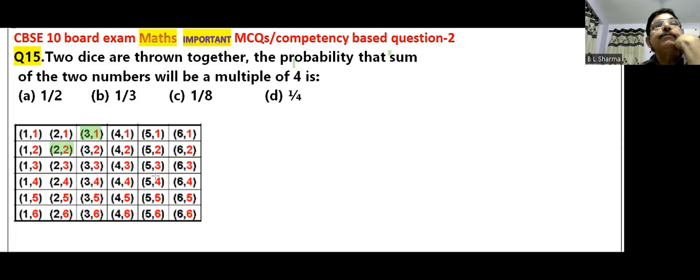And multiple of 4, देखिए 6 plus 2 ये 8 है, 8 भी 4 के टेबल में आता है, and that is also a multiple of 4. 5 plus 3 that is 8, that is also a multiple of 4, and then 4 and 4, 4 plus 4 8, and 3 plus 5 8, and 2 plus 6, ये भी 4 के टेबल में आता है, 6 and 6 12। अब आप इनको काउंट करिए कितने हो गए।